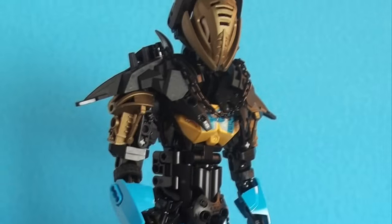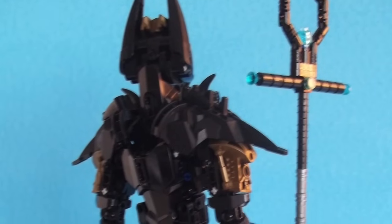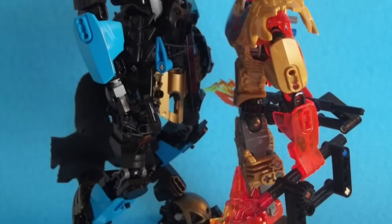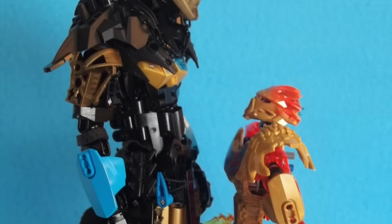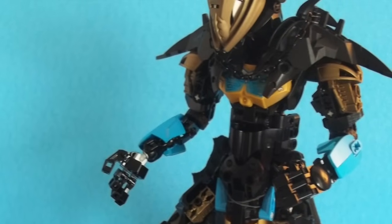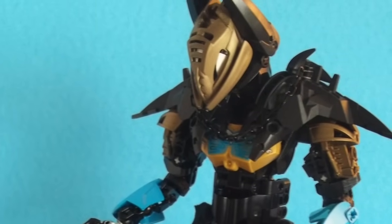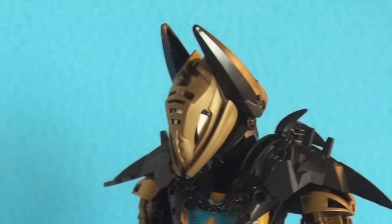The iconic jackal-shaped head, the staff shape resembling an ankh, and some spikes here and there just because I guess it wasn't edgy enough. And for a humanoid MOC, this one is fairly unorthodox. Some of the proportions are a bit out of whack, like you can see that the shoulders are way too low, but somehow Elira manages to make it work by adding this extra bit of armor to surround the neck area. For its attention to detail and clear inspiration, I felt that this MOC definitely deserved to be recognized on